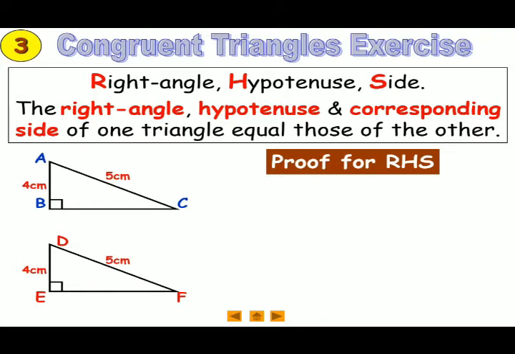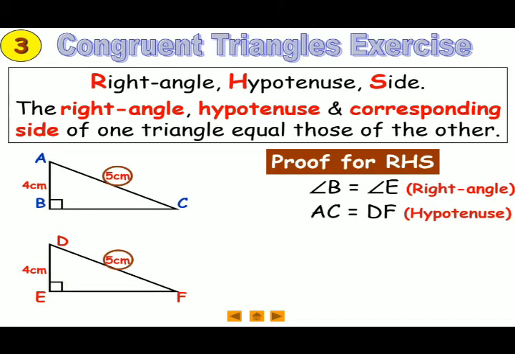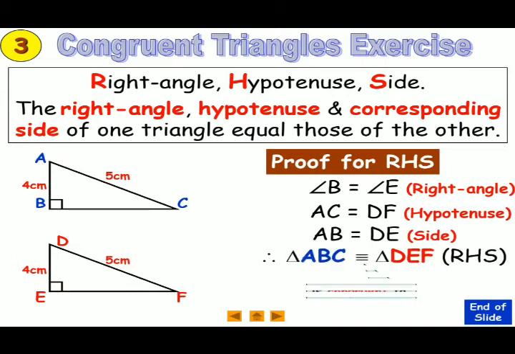Now here, congruent triangles exercise. Whenever two triangles are given to you and one right angle is there in those two triangles, then it is always the RHS rule. Here you can see, first we will write down both the right angles, means angle B and angle E are right angles. After that, the measurements of AC and DF are equal and they are hypotenuse. After that, a side we need, means AB is equal to DE, that is equal to 4 cm. So therefore triangle ABC is congruent to triangle DEF. By which rule? By RHS congruence rule.